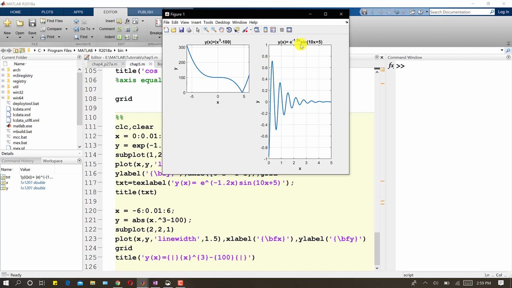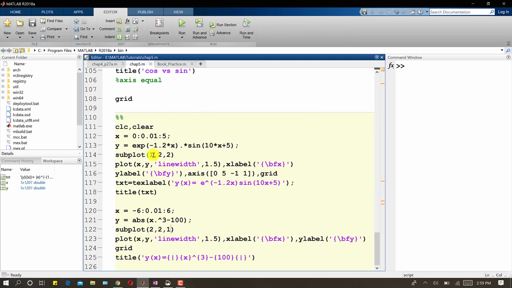Now what I want to do is have 2 rows and 1 column, so let me change this subplot. I want to write this as the first subplot, and again I want 2 rows, 1 column, and this one as the second subplot.